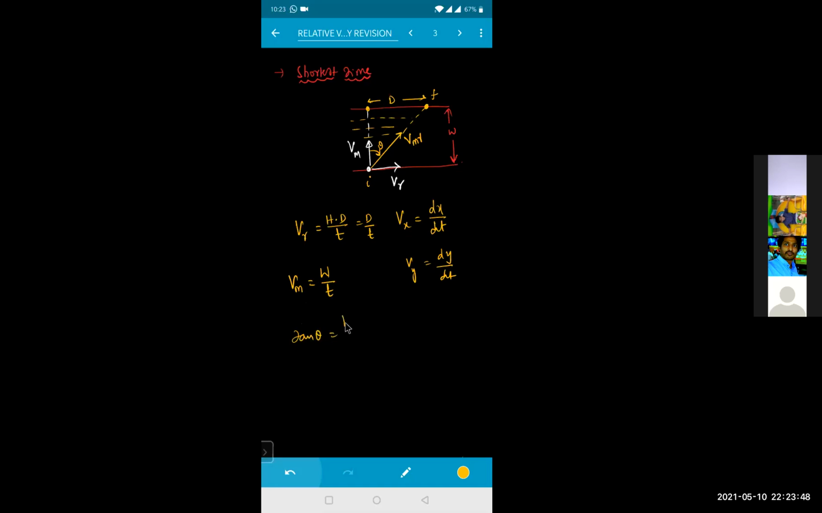Tan theta is equal to velocity of river divided by velocity of man, which is equal to capital D divided by the width of this, that is nothing but W. So that is tan theta. Is that clear? That was about the shortest time relation. Now, if I'm talking about the shortest distance,